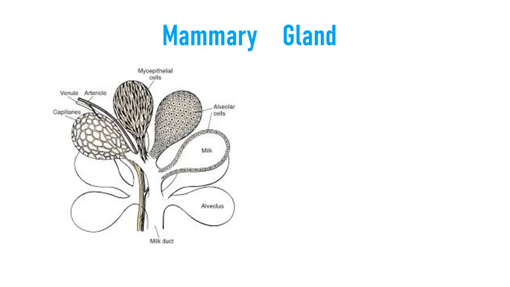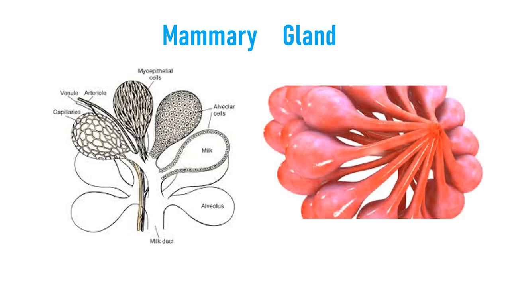Mammary glands are modified sweat glands present in both sexes. They are rudimentary in males and functional in females. We are seeing the internal structure of the mammary glands. The mammary glands consist of 2 to 25 lobes, and each lobe is separated by fat and connective tissue, and has many lobules. Each lobule contains acini or alveolar cells. These alveolar cells secrete milk.